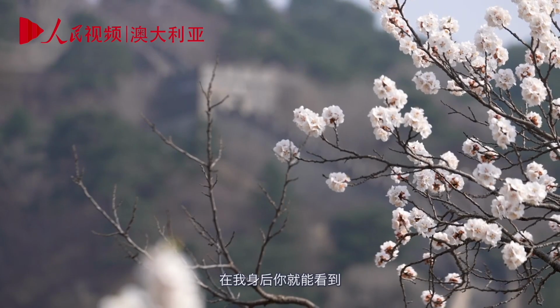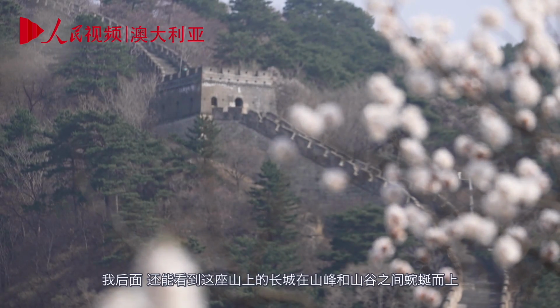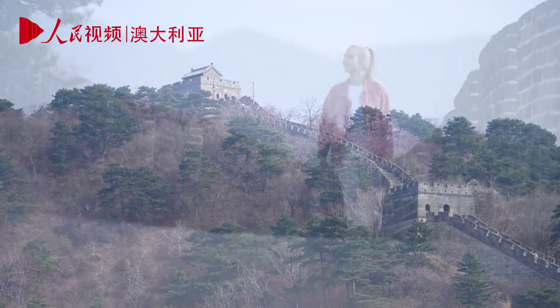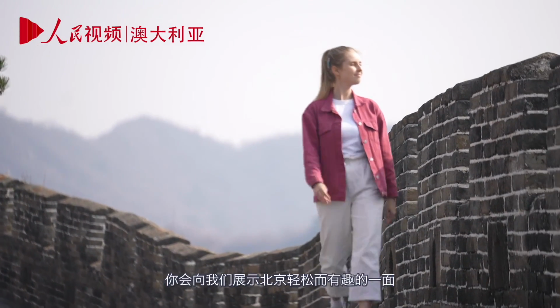Even behind me here, you can see we've got beautiful cherry blossoms, and behind you can see the Great Wall on this mountain snaking up between the peaks and the valleys. It's absolutely breathtaking. Amy, starting at the Great Wall, you're going to show us a lighter side, a fun side